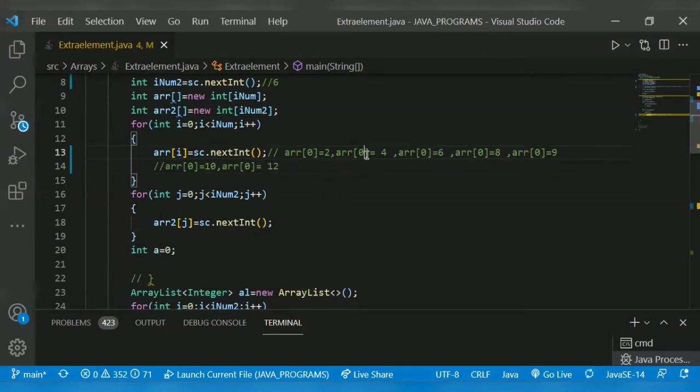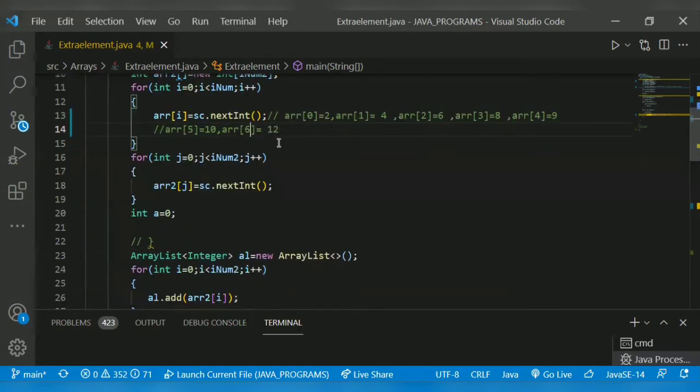For i is equal to 1, 4. For i is equal to 2 is 6. i is equal to 3 is 8. i is equal to 4 is 9. i is equal to 5, it's 10. For i is equal to 6, it's 12. Likewise, the elements get stored in the first array.